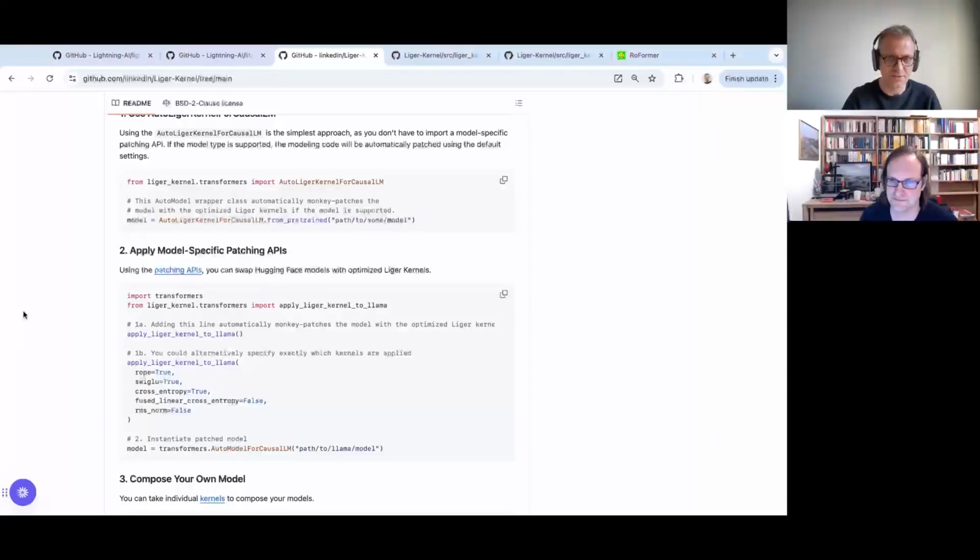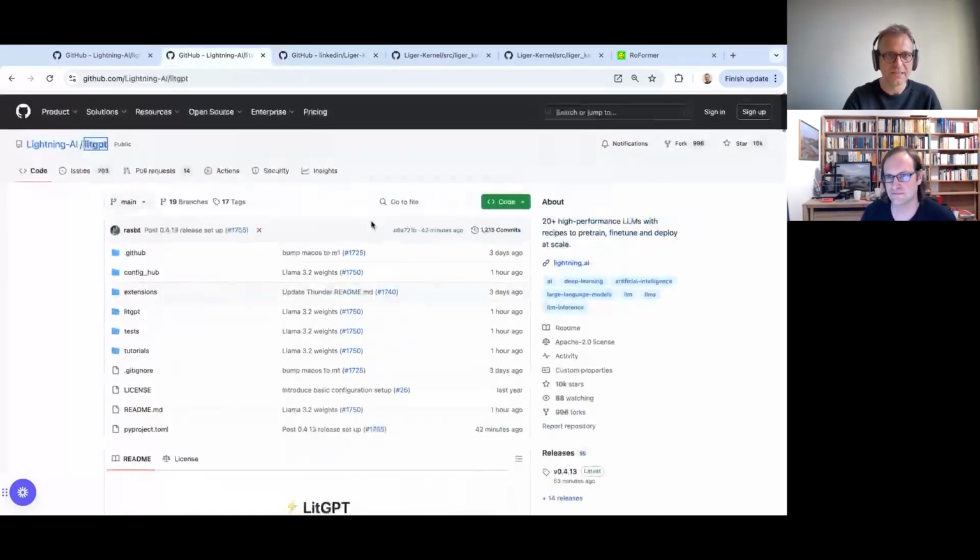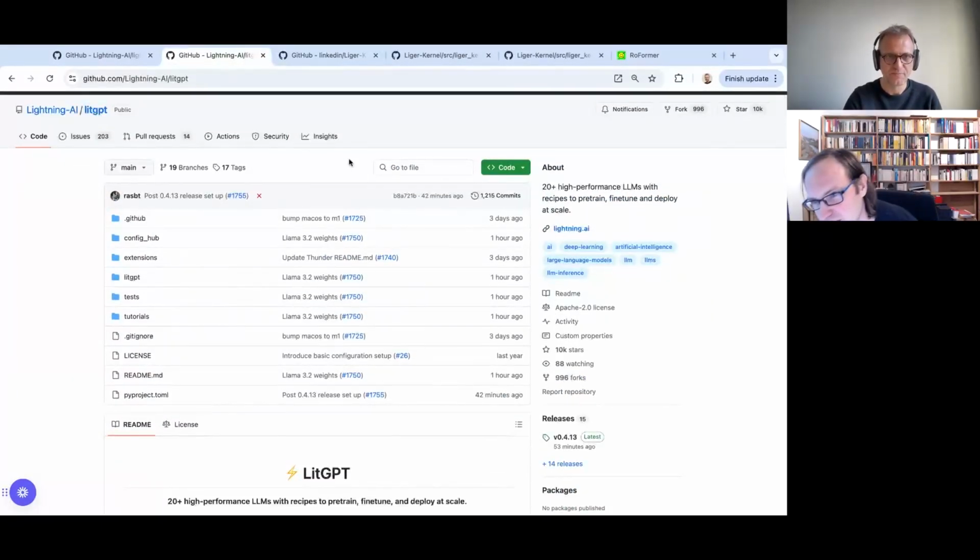So now we provide a bit of guidance because sometimes we kind of jump over, and you can see the last commit is very recent. Oh yeah, and that is the Llama 3.2 one, right? Yes, it's 1 hour ago. Sebastian, that we were talking about before, merged the Llama 3.2 support for LitGPT.